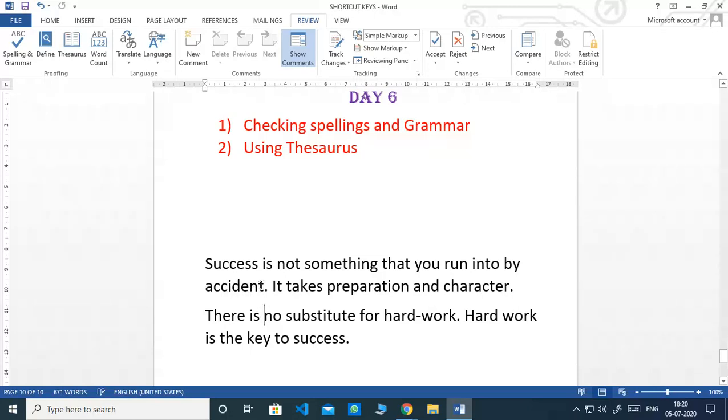So how can we get it? Just select the word. Suppose I select this word success, so just double click on the word. Now how can we use this? I can use another word. I go to the review tab, then the proofing group, and there is an option thesaurus. Just click on it.